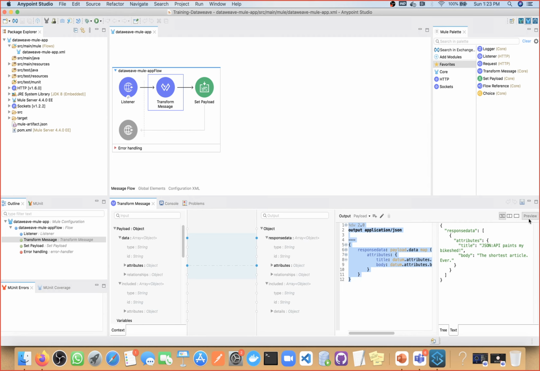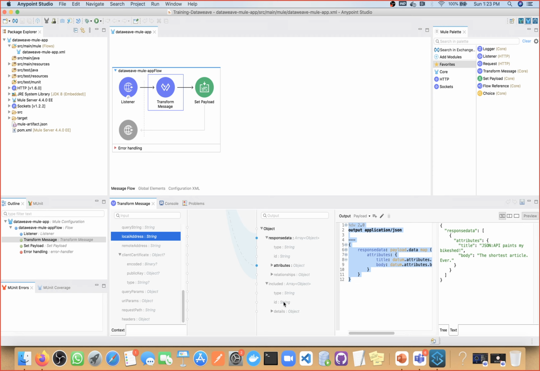Here we have a preview option and we can see the response here. But in DataWeave we have this feature also: you can drag and drop and do mapping. For example, here I have